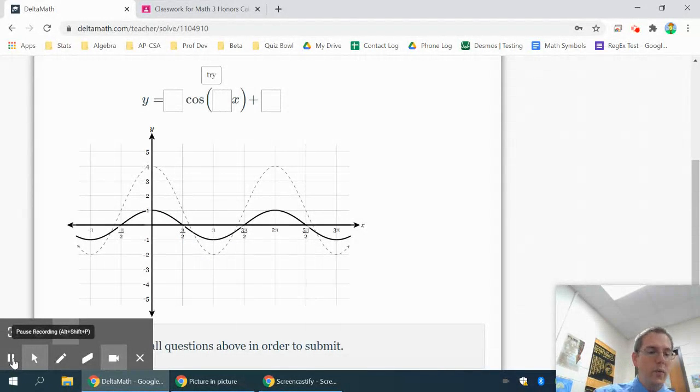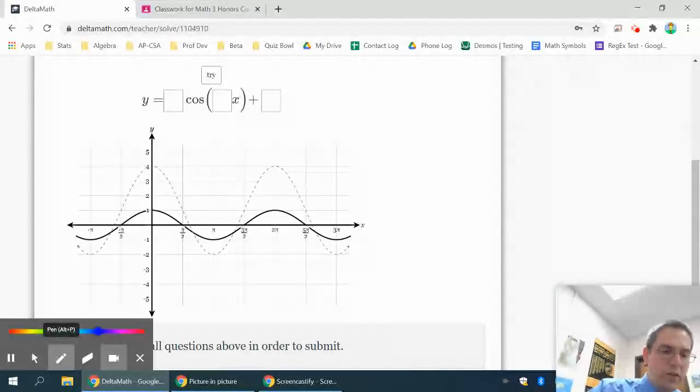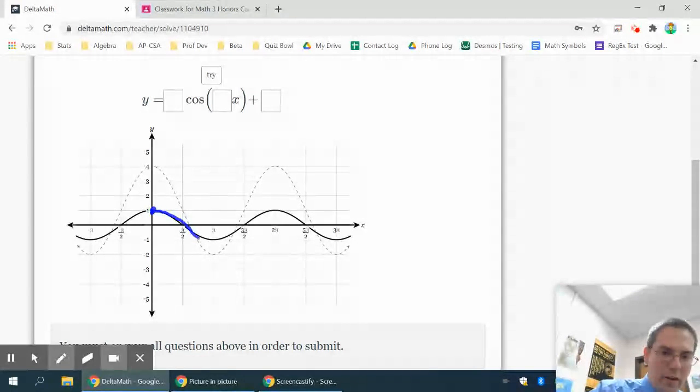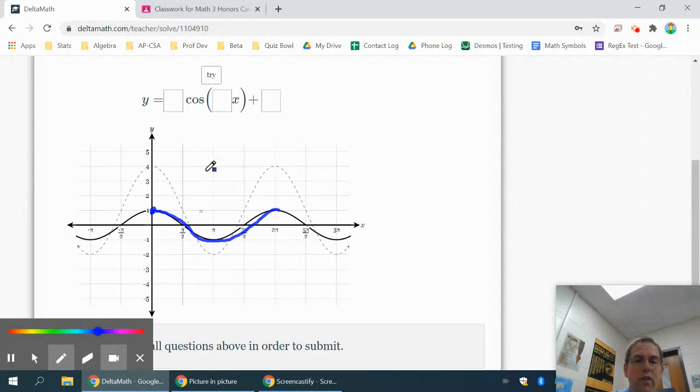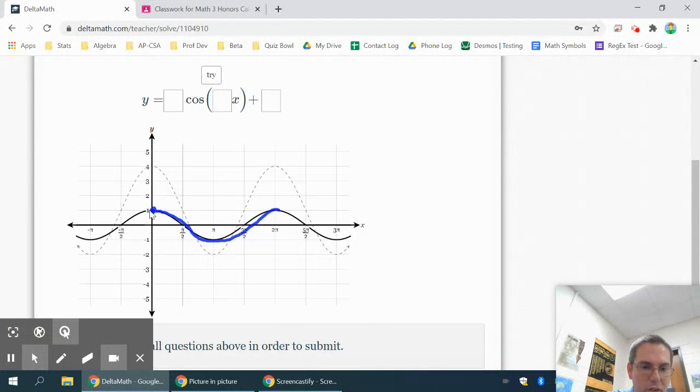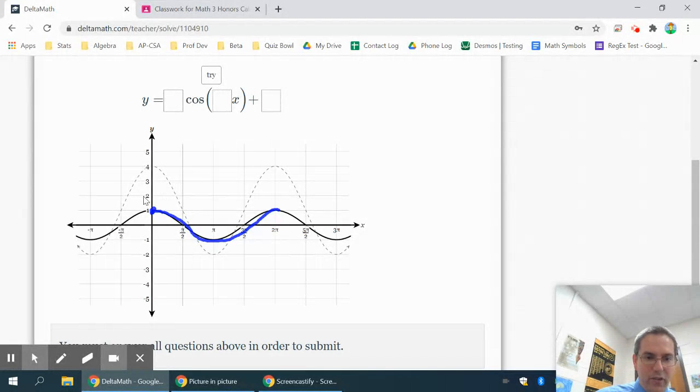Okay, and this one, they've started us off with a standard cosine graph. I know that's a cosine because it starts at 1. And I know it's a standard graph because it also has a period of 2 pi. It takes 2 pi to complete one cycle. But anyway, for this cosine graph, what I would need to do is first of all worry about the vertical shift or the midline. Currently the midline's at 0, and it looks like I should make the midline come to about 1 or 2. So if I try a midline of 1,